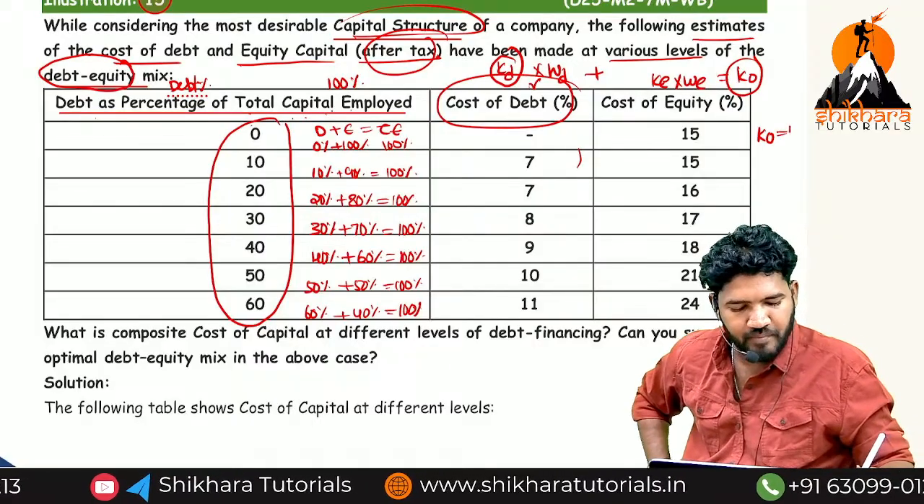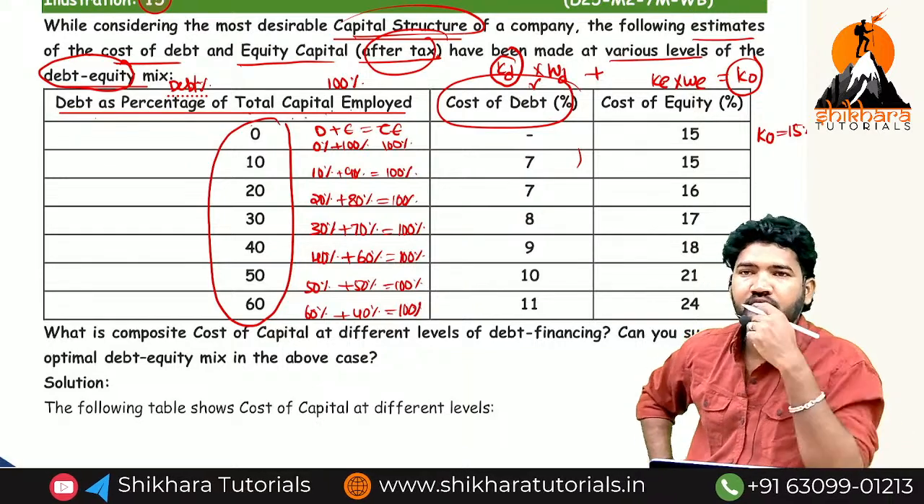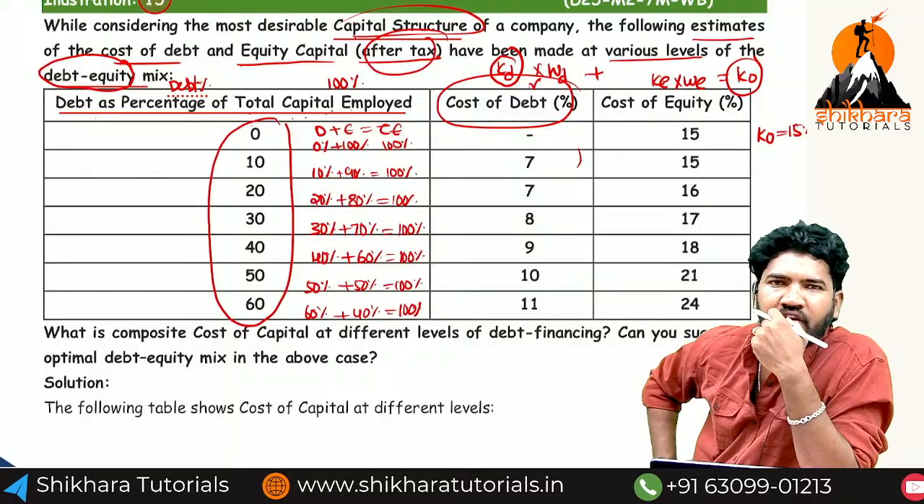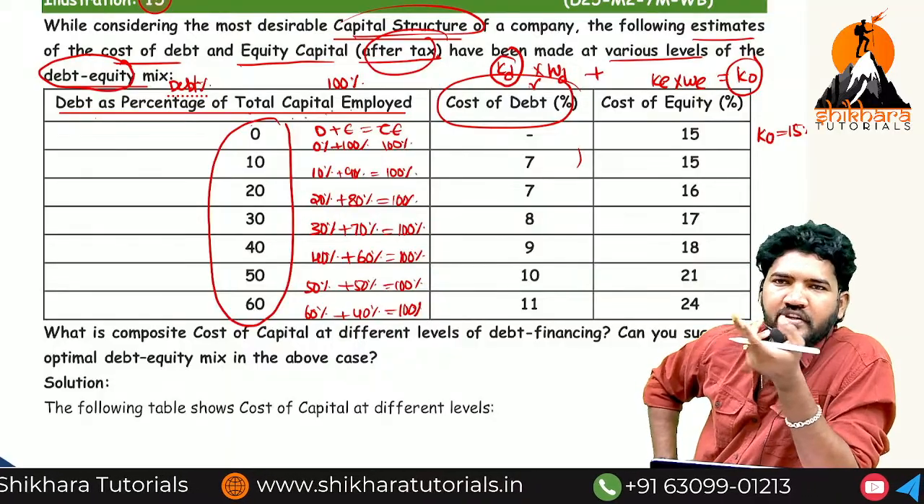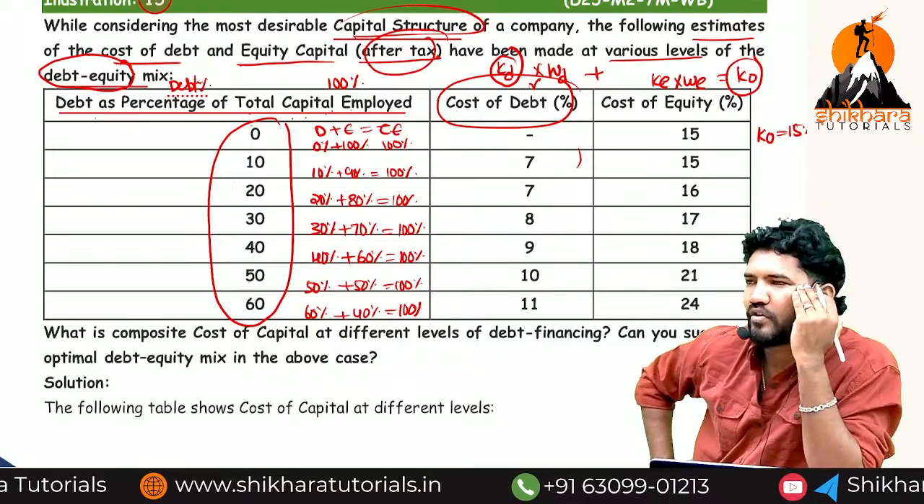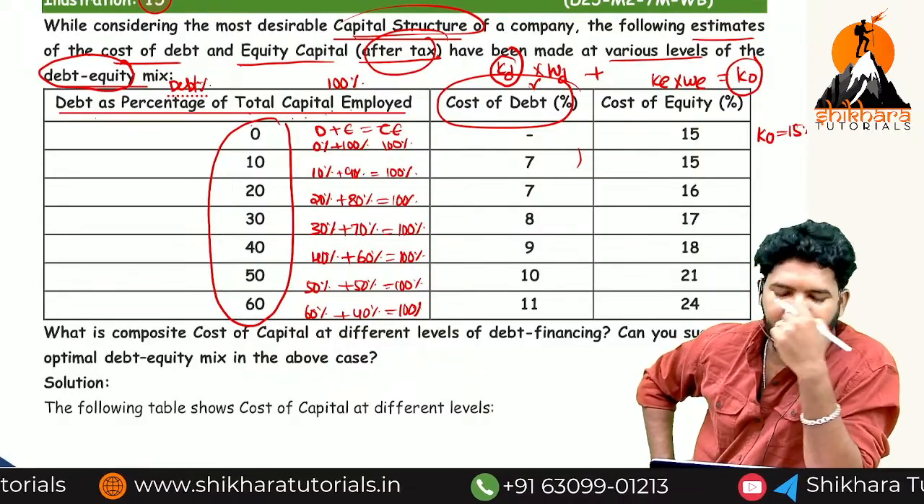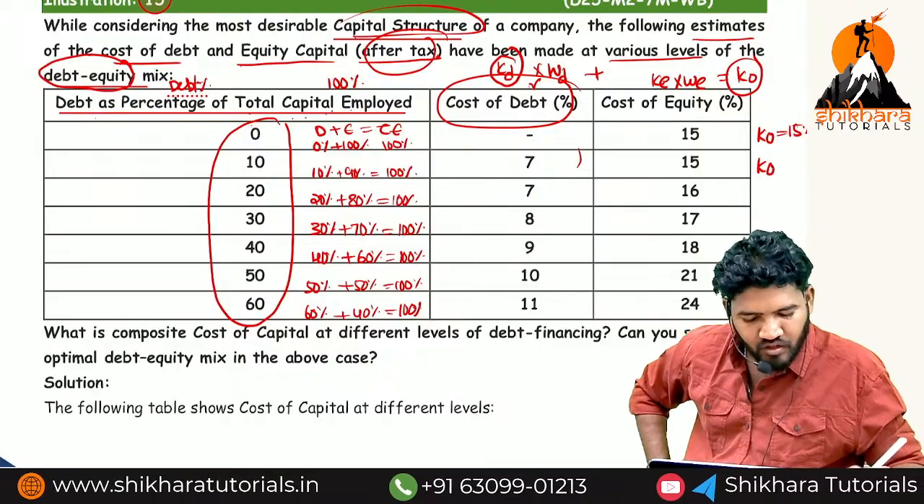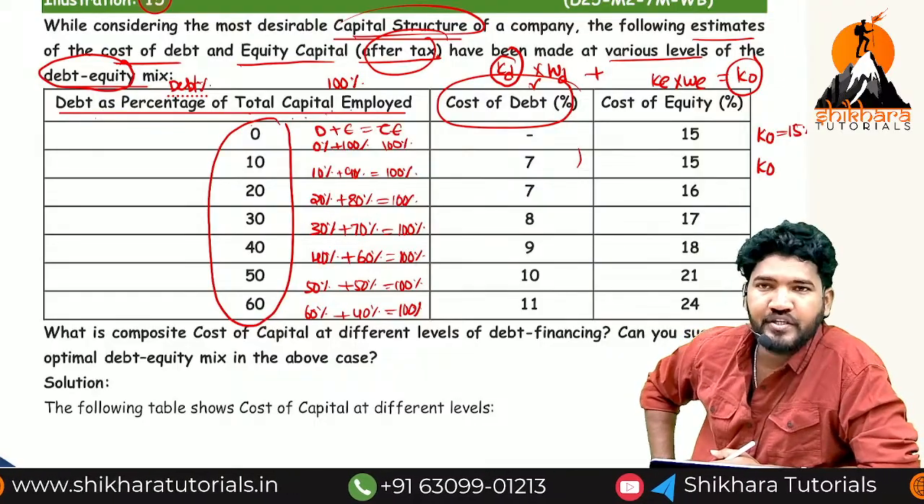First one 15%. Why? 100% into 15%, 15% only. 1 into 15% also 15% only. Why? Because debt is 0. Okay, then fine. When it comes to the second case, 0.1 into 0.07,